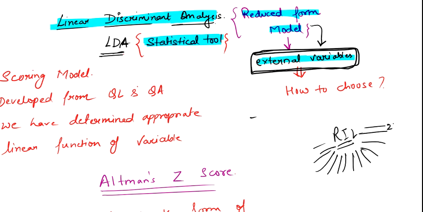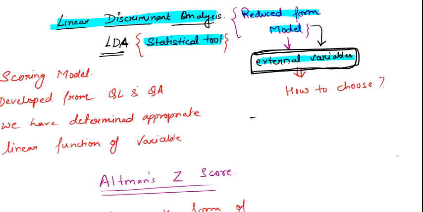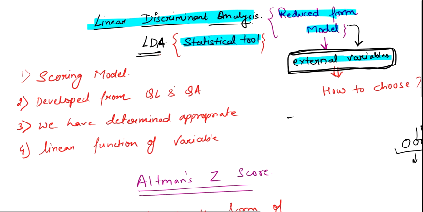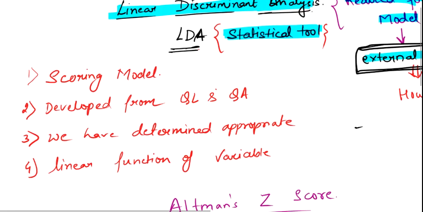Like this is explaining 2%, this is explaining 5%, this is explaining 7%, this is explaining 1.3%. So there are many variables which are explaining that Reliance Industries will default. So we will choose these variables based on how much contribution they make towards the likelihood of default. Clear? There will be many variables, and out of those we will choose a few variables. Okay, and we will assign weights to each variable. Clear?